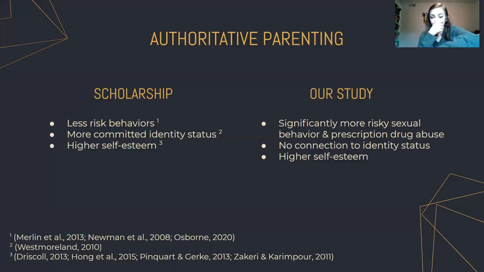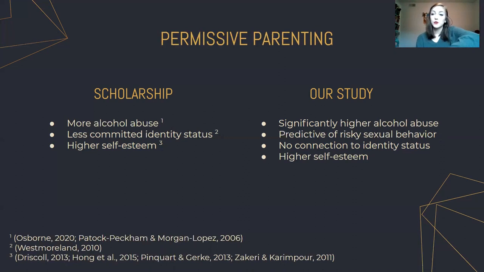we expected to find. With permissive parenting, we were looking to find more alcohol abuse, perhaps because their parents were very permissive, right? They were allowed to do whatever they wanted, so there would be a less committed identity status because they weren't really concerned with finding an identity, and they would have higher self-esteem because their parents are giving them what they want. Our study replicated that higher alcohol abuse finding, but we added to that by finding that permissive parenting is predictive of risky sexual behavior. We did not find a connection to identity status yet again, and we did find